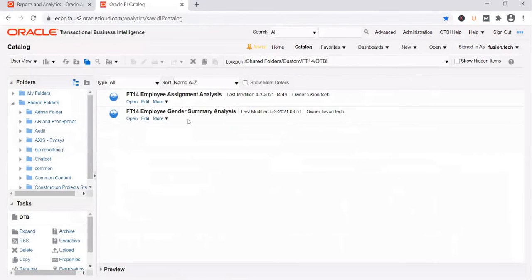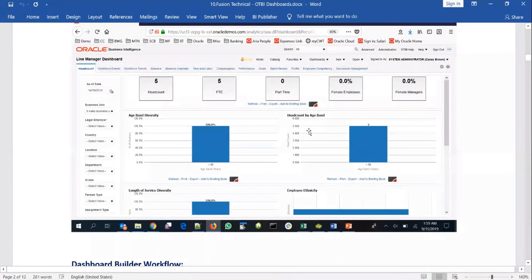But the detailed report has a prompt for a department name, and until we pass the department name, it will not run. So when you intend to include OTBI reports as part of dashboards, you cannot pass parameters at each and every report level. That's why all parameters from the reports will be taken off.